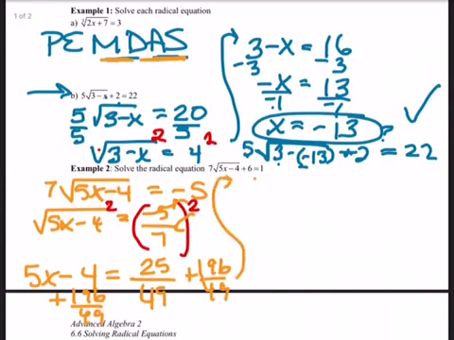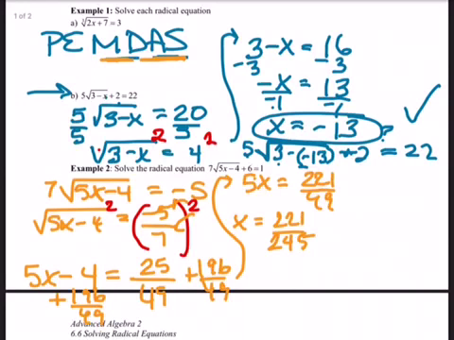Okay, so that's going to give me 5x is equal to 25 over 49 plus 196. So that's 221 over 49. And if I divide by 5, I get 221 over 245. Yucky, yucky number. Now what you're going to find when we plug this back in,